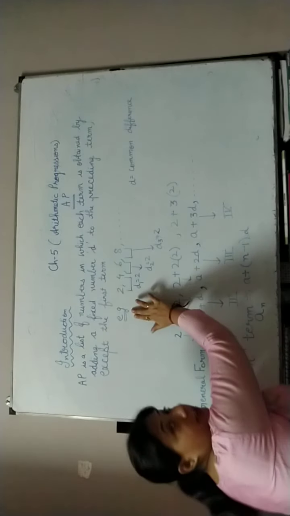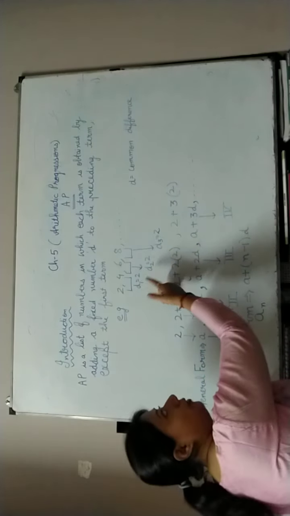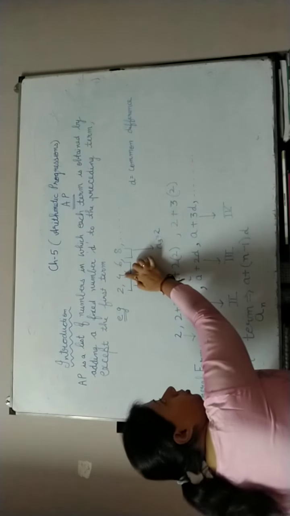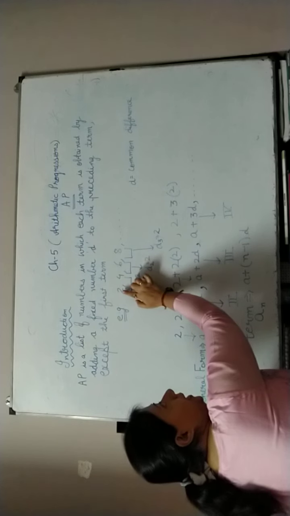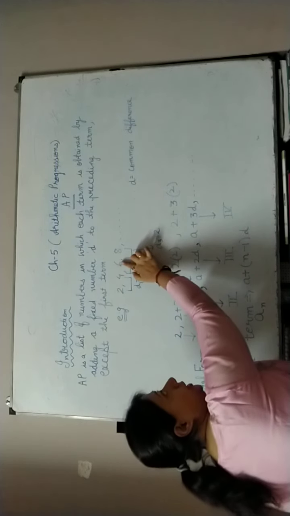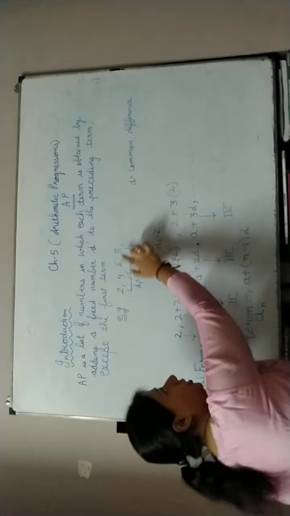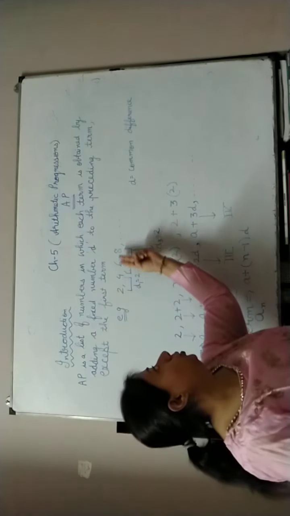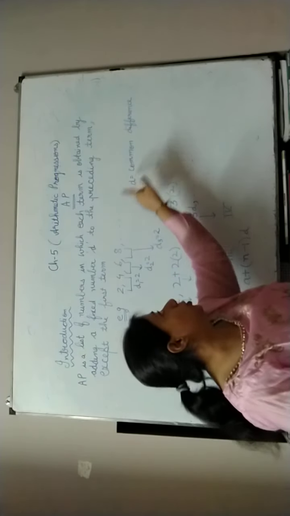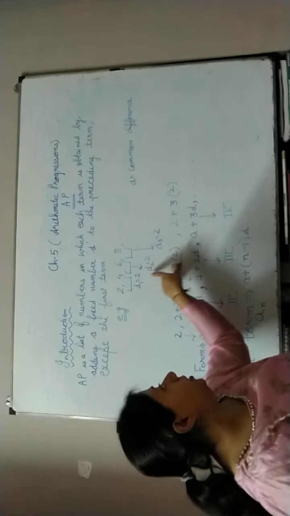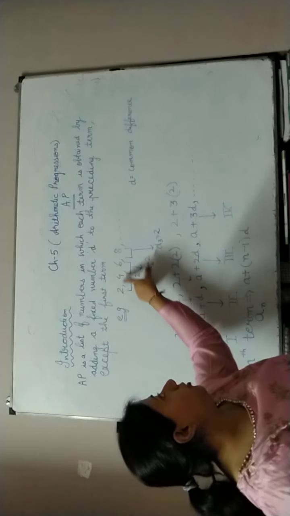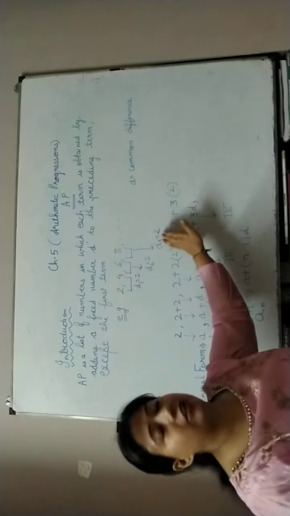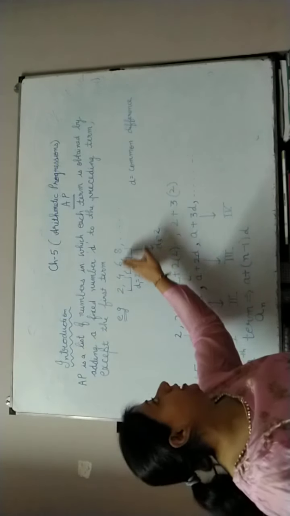Like I have taken the example of even numbers, which you have done: 2, 4, 6, 8 and so on. So 4 can be obtained by adding 2 to 2. 6 can be obtained by adding 2 to 4. 8 can be obtained by adding 2 to 6. So I am adding 2 to all the previous numbers. That 2 which I am adding is the difference: the first difference is 2, the second difference is 2, the third difference is 2. The differences are the same here, so this series is AP.